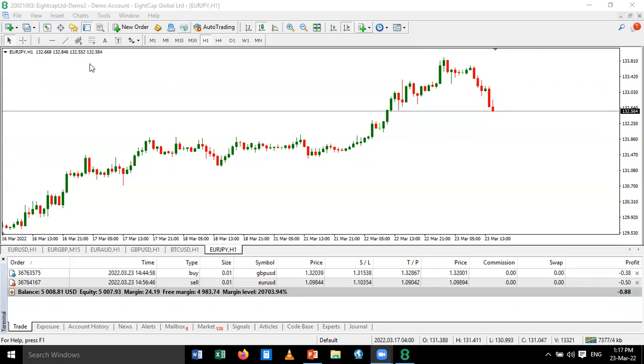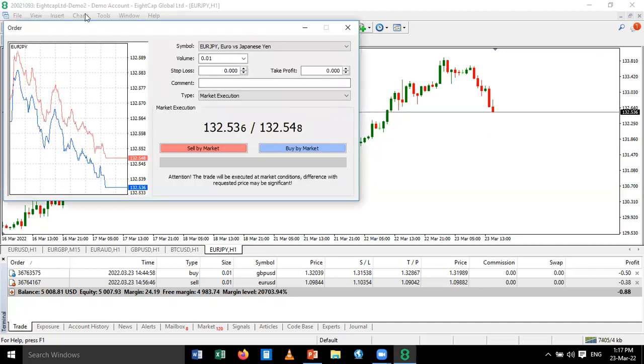Now, buy limit is, remember I said placing a buy order below current market price. Now, let me do the buy stop. Buy stop is placing a pending buy order above current market price. Buy limit was below. Buy stop is going to be above here. I go to new order. If I come to new order, I